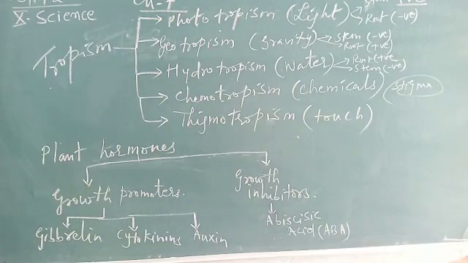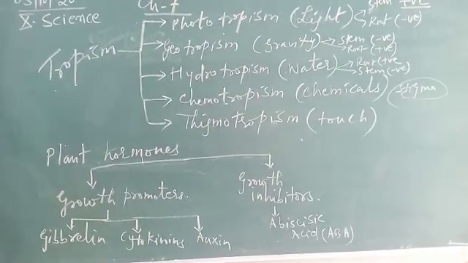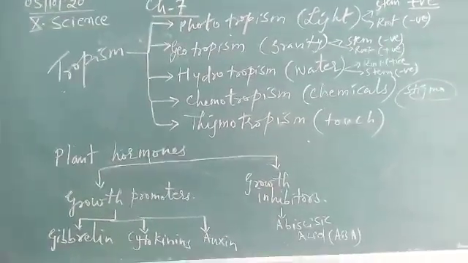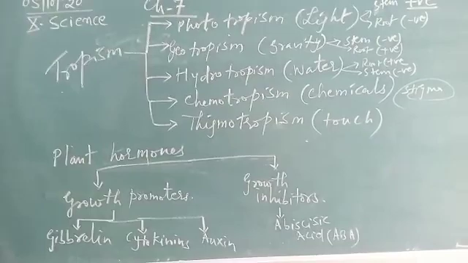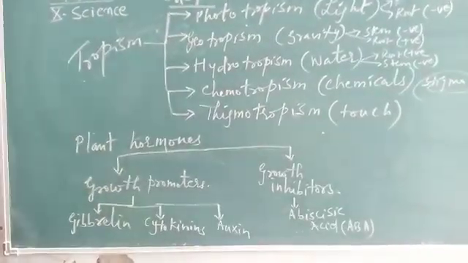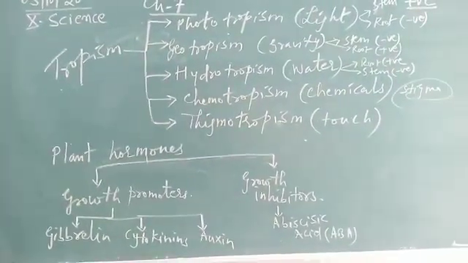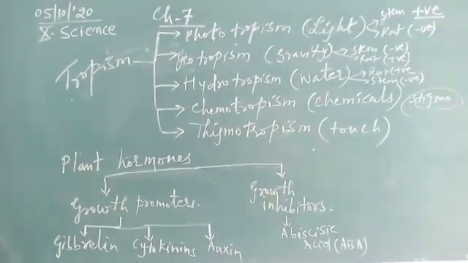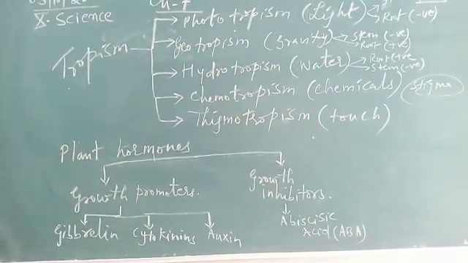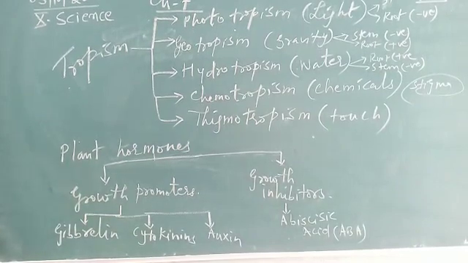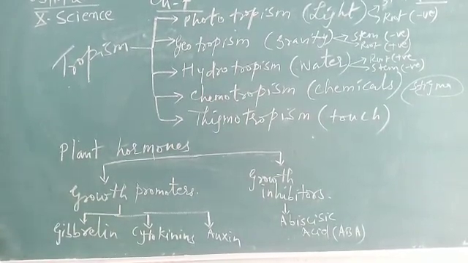Then the last one, that is thigmotropism. The directional growth of a plant in response to touch is called thigmotropism. Now the leaf tendrils of a plant grow towards the object in contact or support, or you have seen the touch-me-not plant, that is also one of the examples. When we touch the mimosa plant with our fingers, the leaf gets folded, and the touch of our finger is a stimulus, where the folding up shows nastic movement, not tropism.